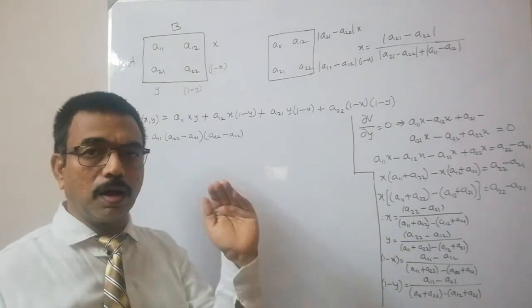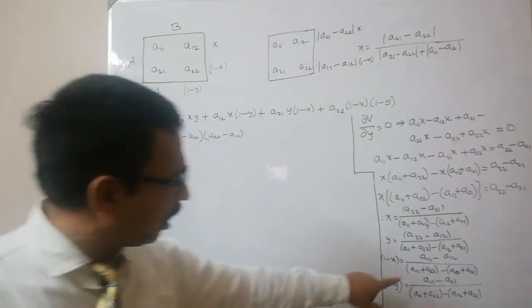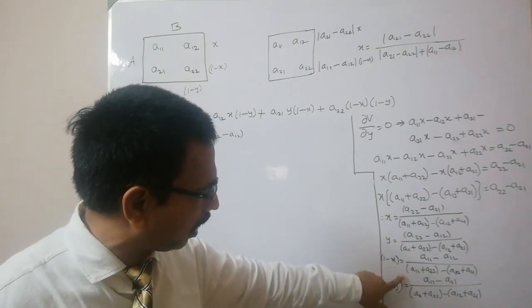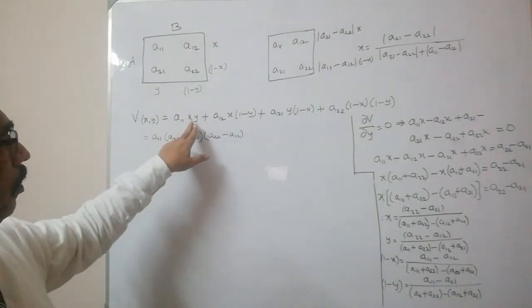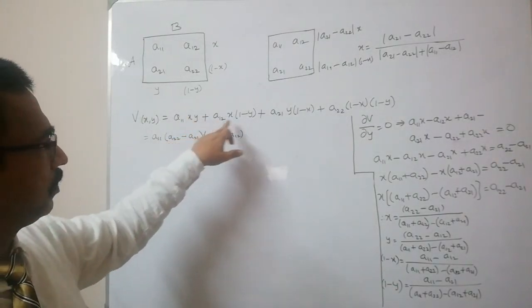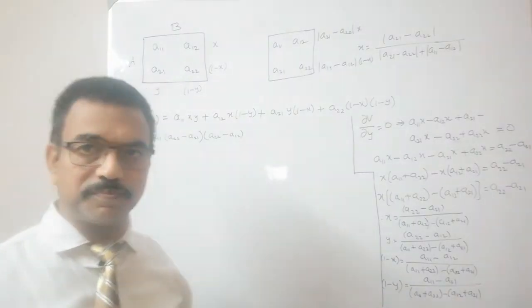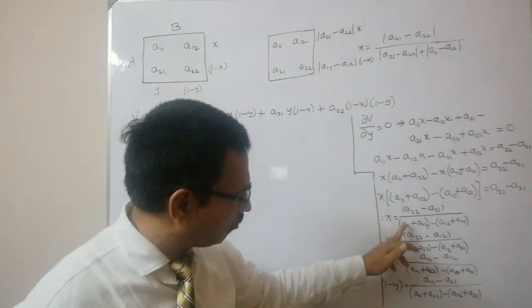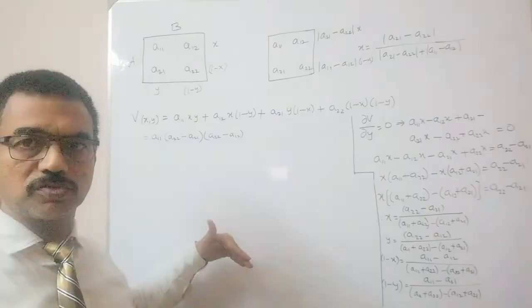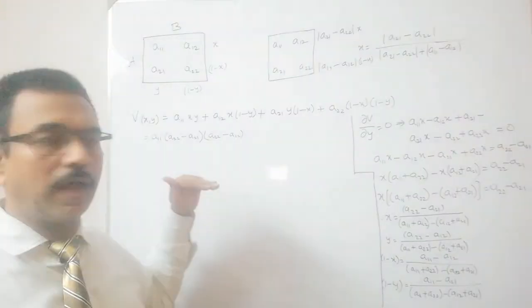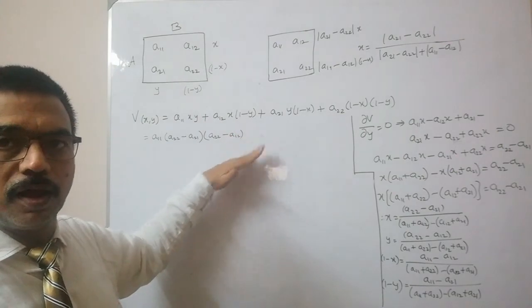Now for simplicity I'm not writing the denominator, because the denominator is the same for all: x, y, 1 minus x and 1 minus y. And as we have two terms in each, x into y, x into 1 minus y, y into 1 minus x, 1 minus x into 1 minus y, that means the square of the denominator has to be taken in all steps. So for simplicity I am just taking only the numerator, and after simplification of the numerator I will put the